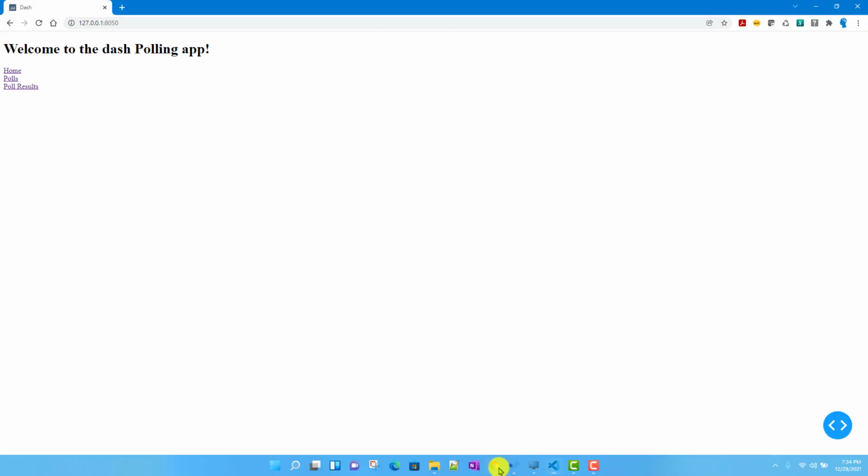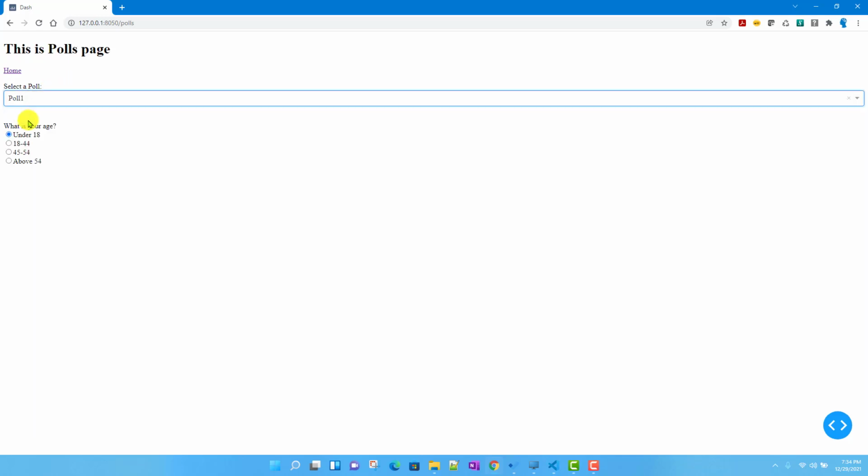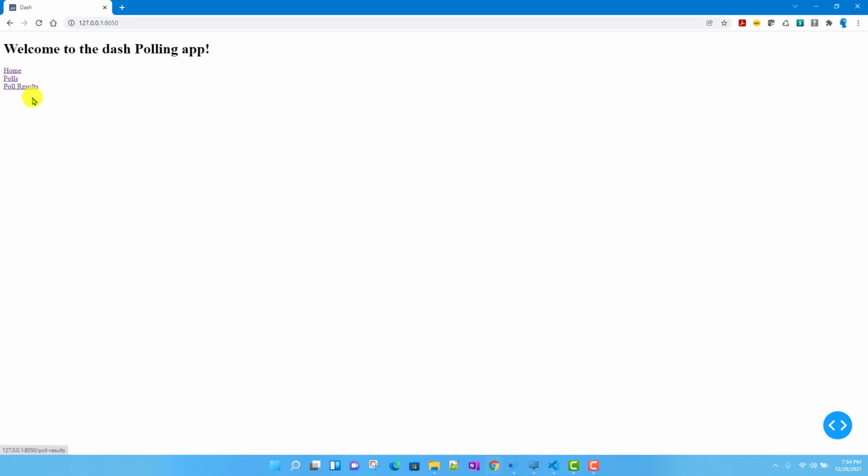If I show you the current structure, I have three pages. The home page just shows a welcome to the Dash app. On the polls page, you can select a poll, and it will display certain questions for that poll. You can go back to home as well, and there is a poll results page, which just shows this for now.